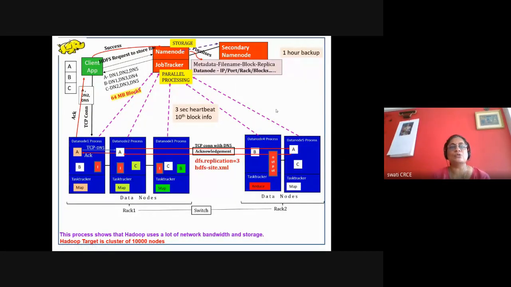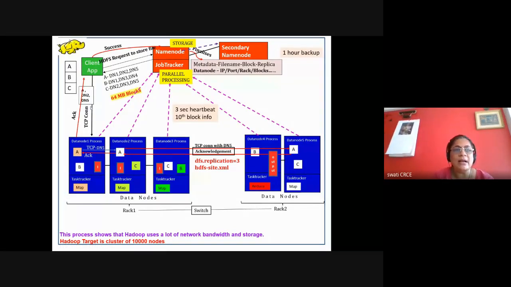There are two steps: storage and parallel processing. Here in this yellow color, I'm just telling that HDFS is performing two operations: storage, and the cluster also does parallel processing. For storage, the client will submit the file. The name node will identify the data nodes where the blocks are stored. The client will get connected using the TCP/IP protocol and send the block, and the replicas are created, and then in some time the data will get stored.